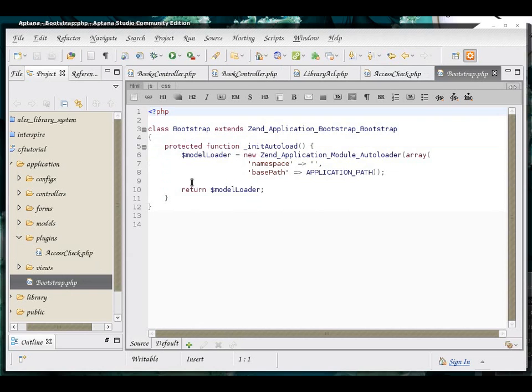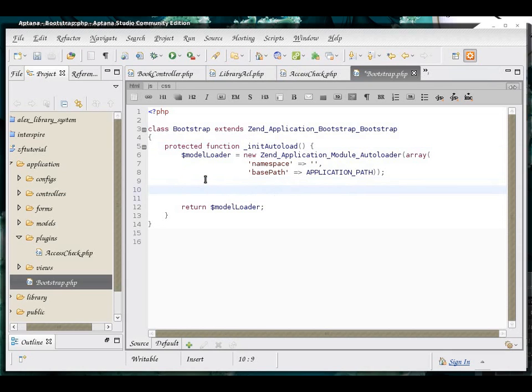In a Bootstrap file, just pick any function that is responsible for loading things, because you know that that's one of the first things that will be run, so you're not in danger of having the plugin code being looked at after some action already executed. Once again, we want to make sure this happens at the extreme beginning of the application execution, and the init autoload function is a perfect place to do that.